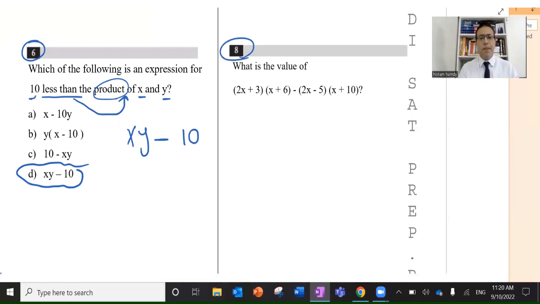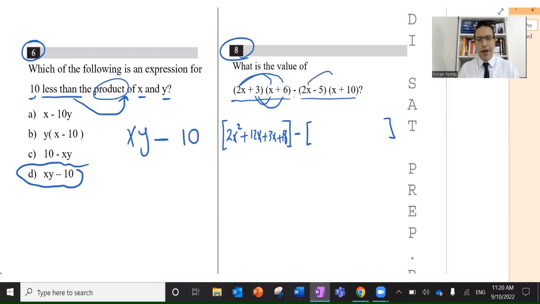Now, question number 8. What is the value of the product minus this product? So first, I'm going to separate the product. This is a free response question. 2x by x is 2x squared. 2x by positive 6 is positive 12x. 3 by x and 3 by 6. Then 2x by x is 2x squared. 2x by 10 is positive 20x. Negative 5x